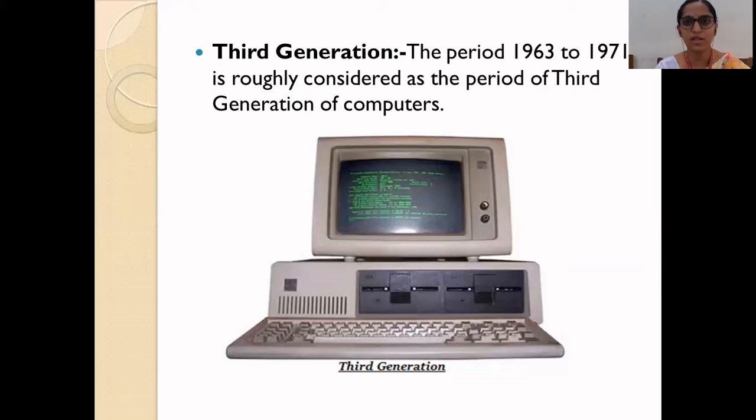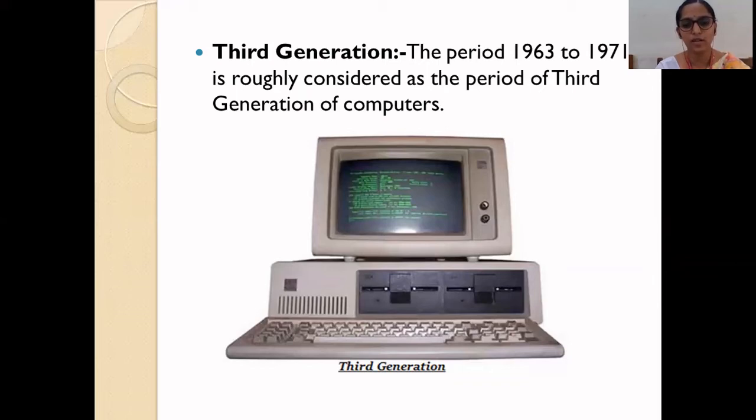The second generation computer's drawback is that it generates maximum heat, but the third generation computer generates little heat as well as takes little electric power supply. The maintenance cost of a third generation computer is low as compared to the second generation. The third generation was easier for commercial use. Third generation computers are useful for commercial use.